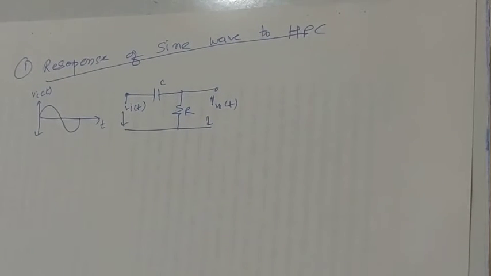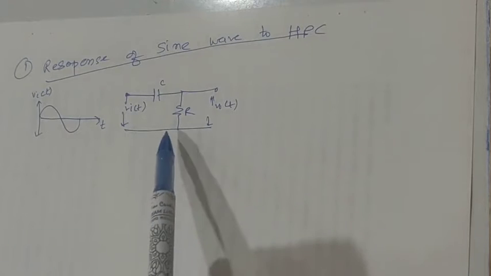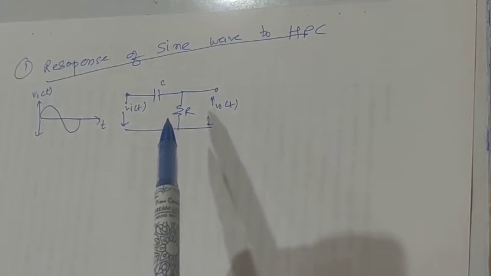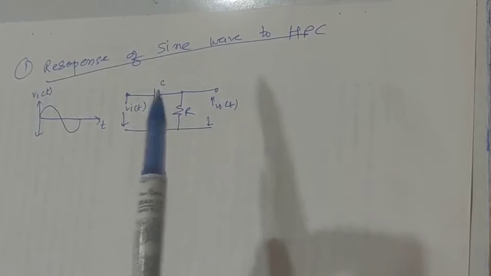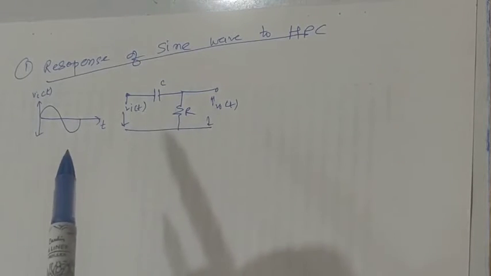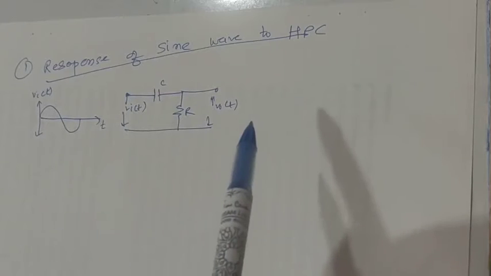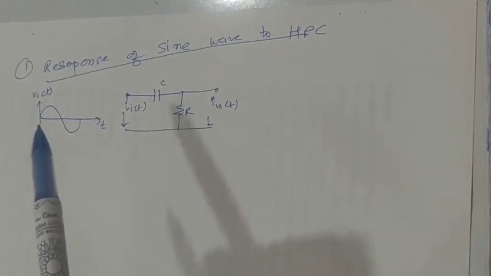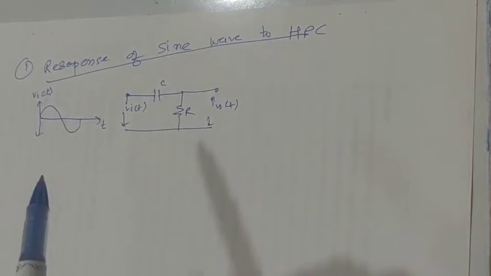Okay, now remember the shape of the waveform. On applying the sinusoidal wave to the input of this circuit, the output wave shape remains the same, only it differs in amplitude and the phase angle depending on the frequency. So you will get a sinusoidal wave only, but its amplitude and phase difference are going to change depending on what frequency of sine wave you are applying to this circuit.